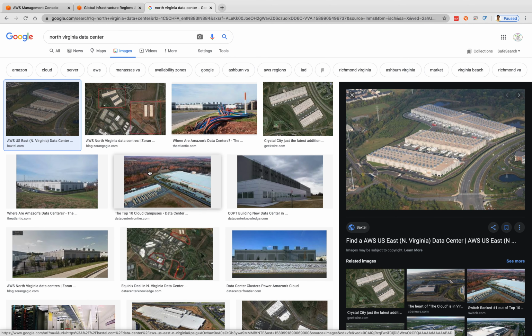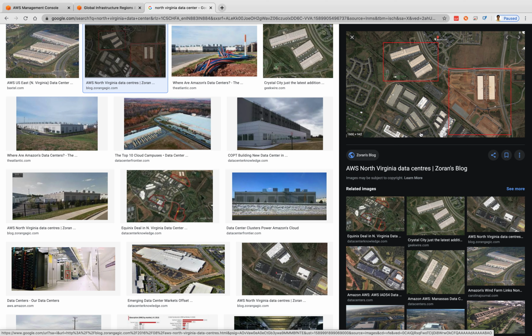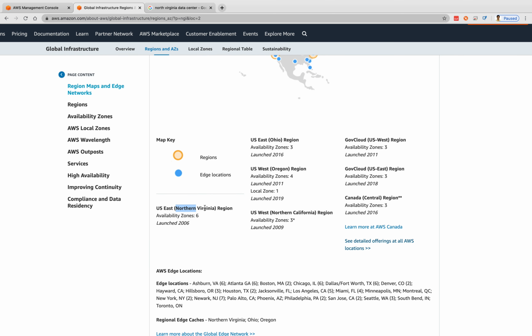These are all Amazon data centers. You can see how the buildings are interconnected. These are sample pictures. Now you know, if I say North Virginia is one region with 6 availability zones, where are they?